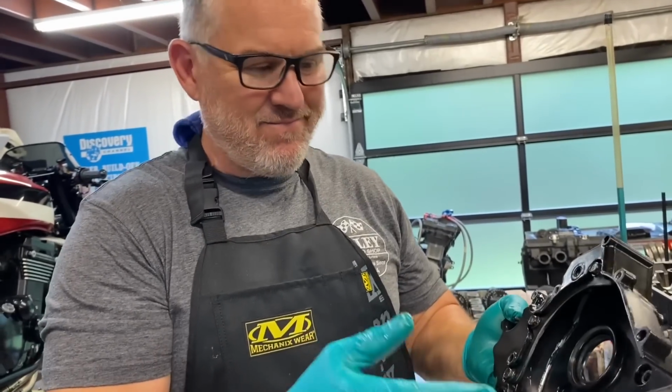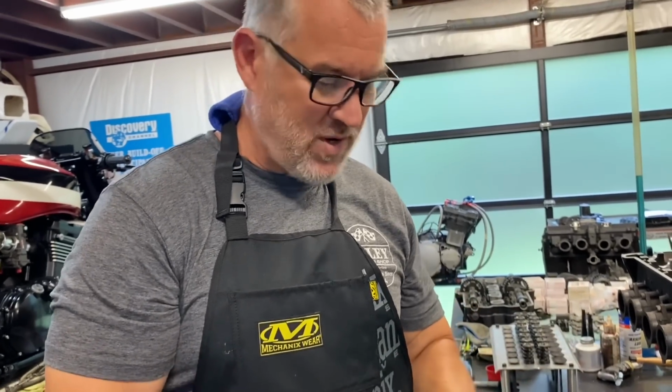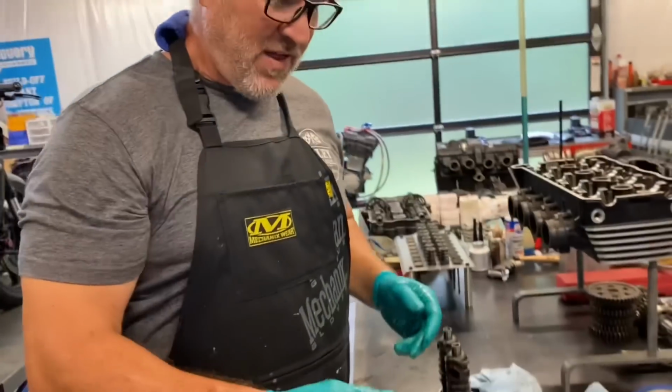So it did a halfway decent job of sealing, but it wasn't working right because it was in backwards. So that was one of the things we found. Another thing we found was,